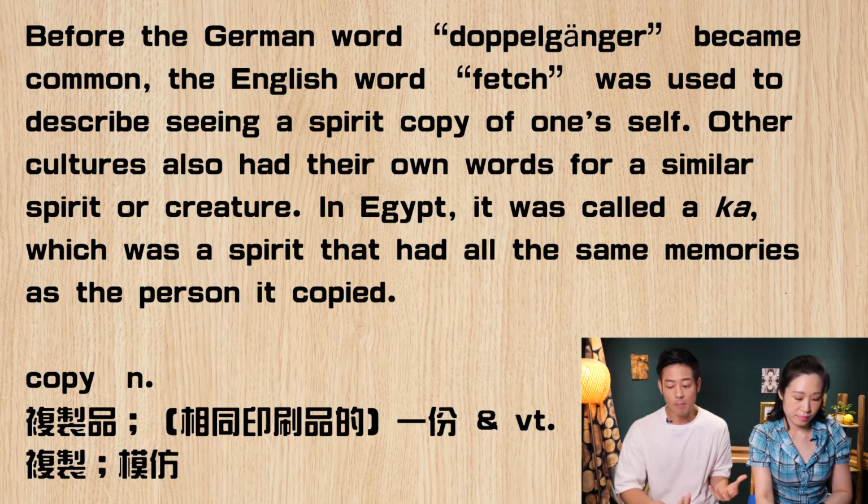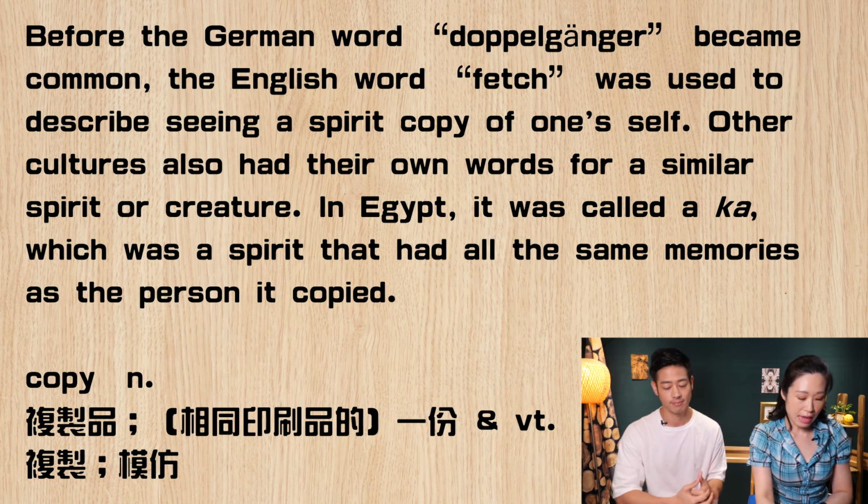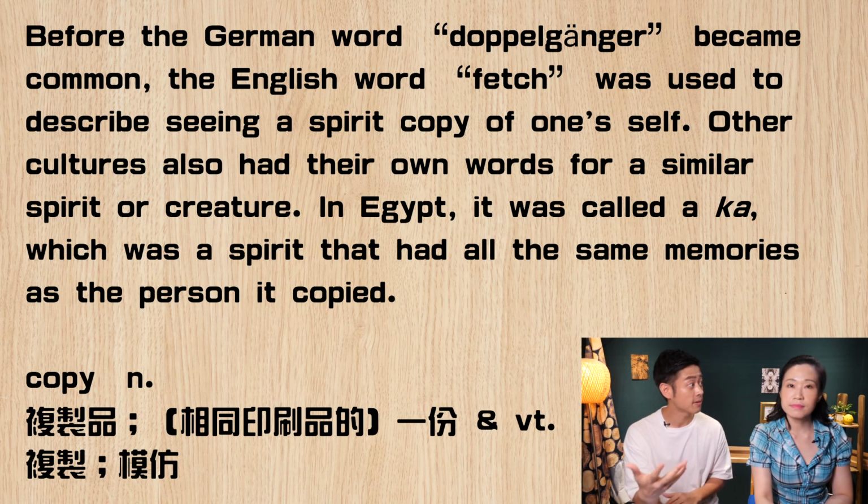Before the German word doppelganger became common, the English word fetch was used to describe seeing a spirit copy of one's self. 好，我们接下来看这一段，他是说在德文 doppelganger 这个字变得比较普遍 common 的时候，英文里面有一个字叫做 fetch。fetch 这个字就被用来描述一个人看到了灵体，然后这个灵体是翻版的自己。The word common here is an adjective, and it's something that you see often, or you hear often, or you're used to. 这个 common 在这边当一个形容词来用，就是说你常常看到一个东西或者一件事情在发生。